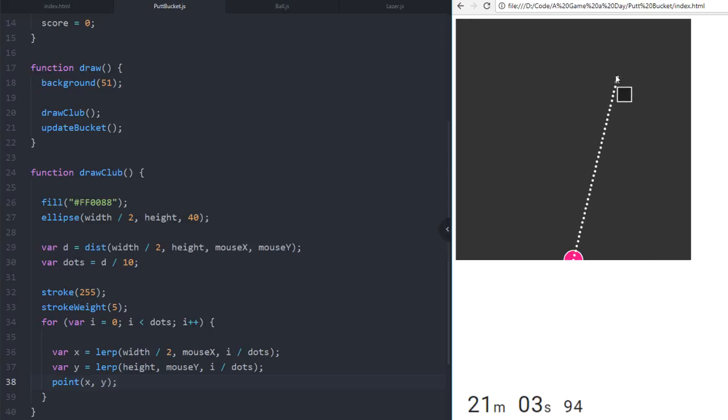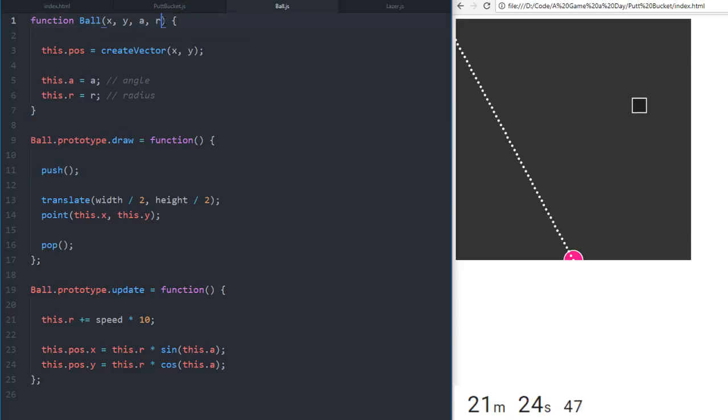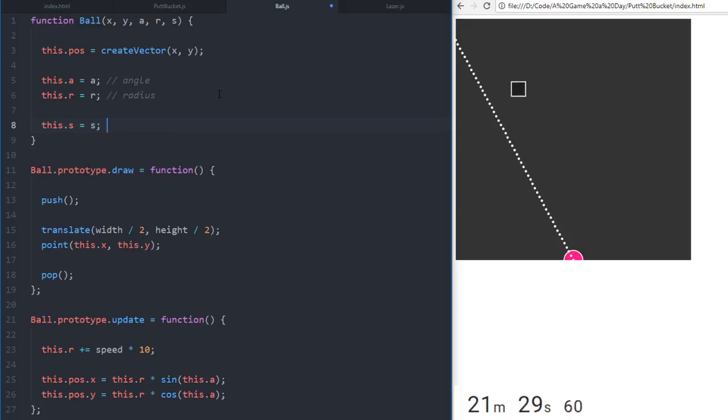And then, so we can aim at it. It won't give it more power really. Or should it? Should it give it more power? Yes, it should, shouldn't it? Okay. So there we go. Instead of ball being like this, we will pass in an s variable. This.s equals s, speed, and we will say this.s. And that will be based upon the distance. So when we shoot it,